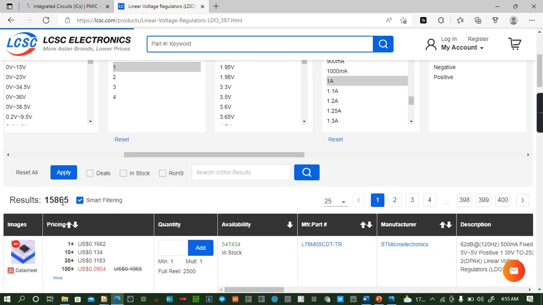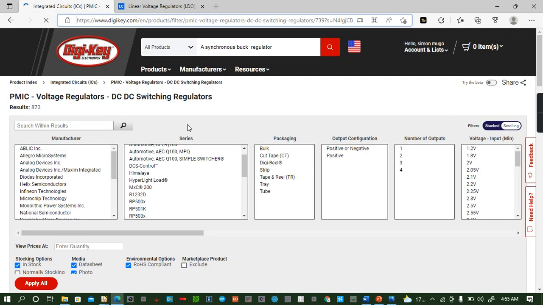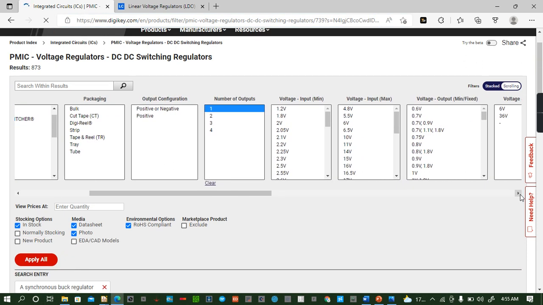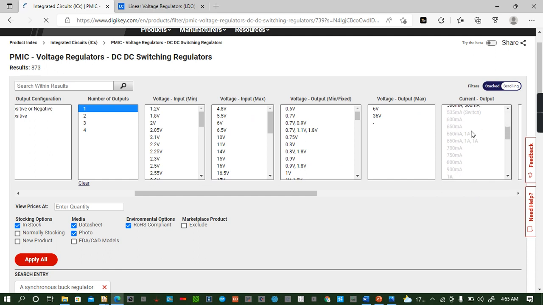So far we have 15,862. So let's apply, and then we see what we shall be getting. We can still search it here. So single number of input. Then we want to concentrate on the current first, and on current